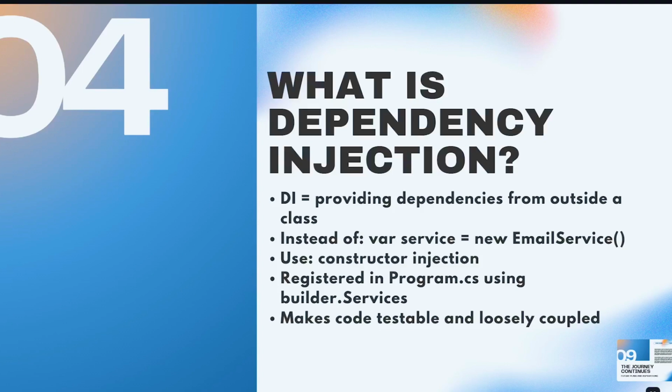We use scoped when we have a database context, unit of work. And the last one, third, is singleton: one instance per entire app lifetime. It's used for caching and configuration. So if they ask about lifetimes in your interview, transient, scoped, singleton, remember these 3 words. Dependency injection removes tight coupling between classes, making your code easier to test, maintain and extend.